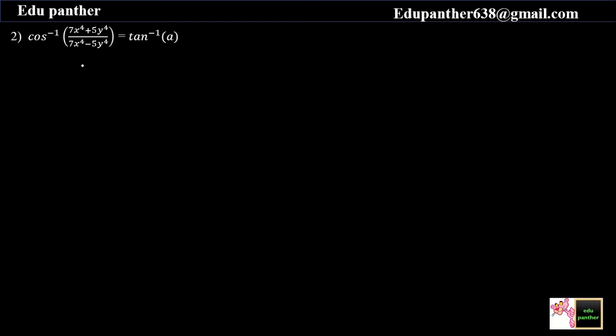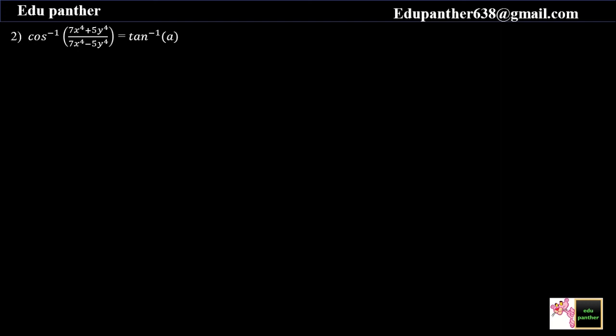But as we can notice here, on left hand side we have some terms of x and y, that means it's a variable side. But on right hand side we don't have any term of x, that means your right hand side is a constant number. So for such type of question, if we have to find dy by dx, then what we can do, see here we have cos inverse. So to simplify this expression, we can take cos on both sides.